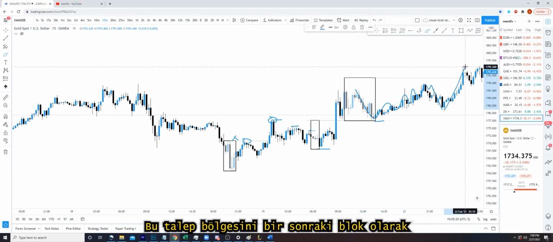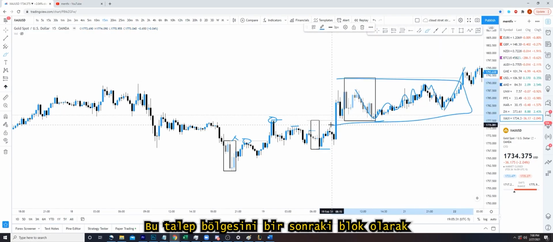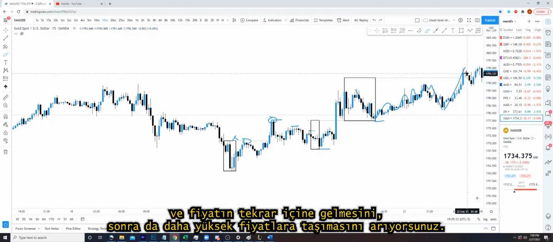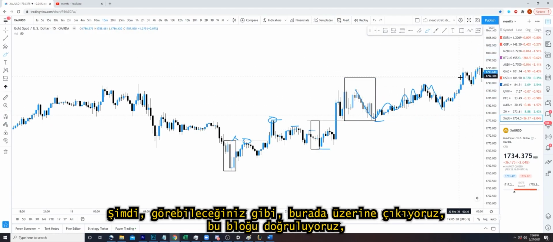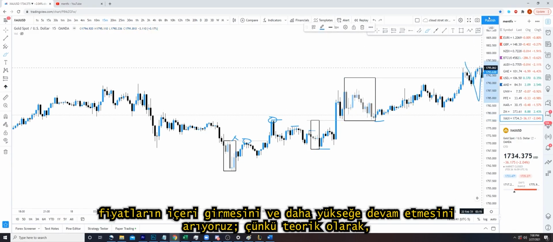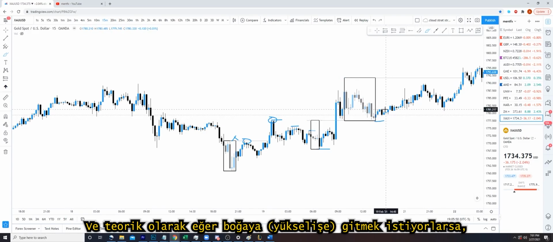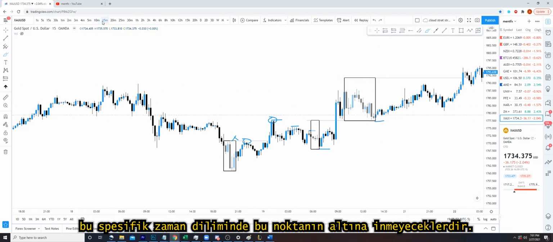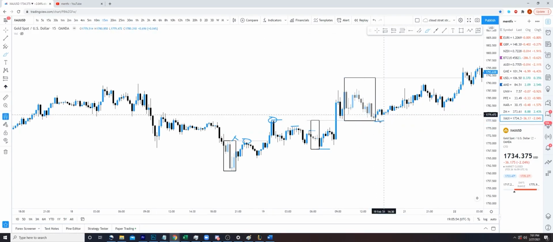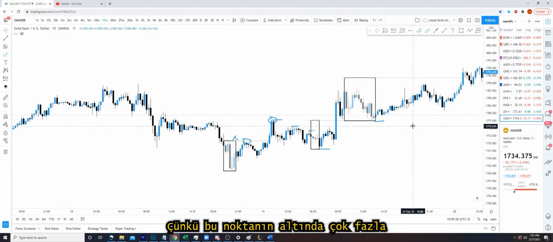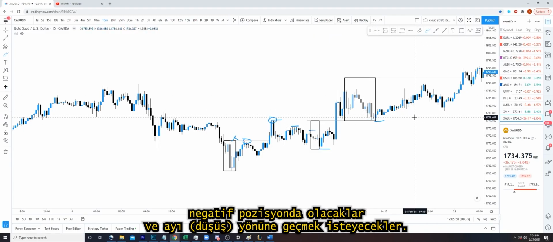You're waiting for it to trade above to make this demand zone valid as the MentorFX block and look for price to come back into it to then take it to higher prices. Now, as you can see, we get above it here, validating this block, looking for prices to come in and continue higher because theoretically, as we spoke about structure, order flow is locked in as per this low. And theoretically, if they want to go bullish, they will not on this specific time frame get below this point